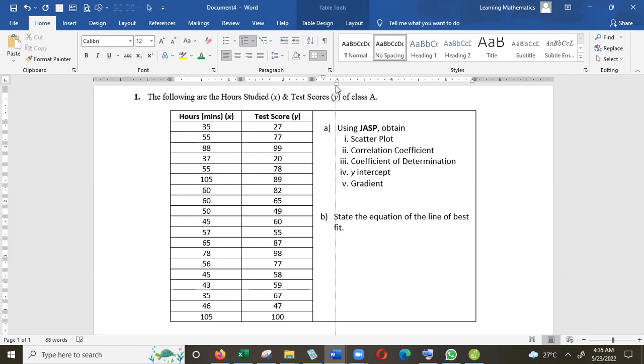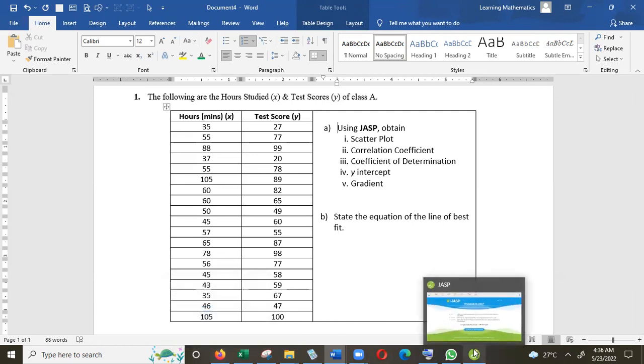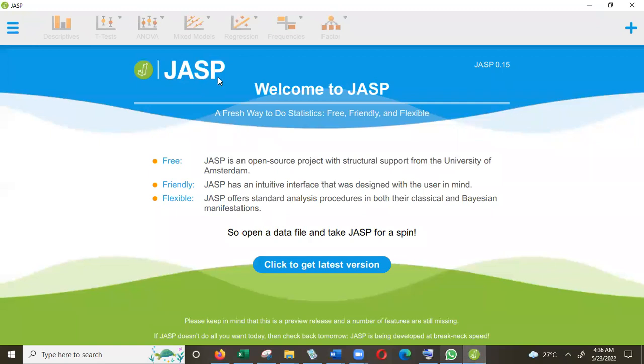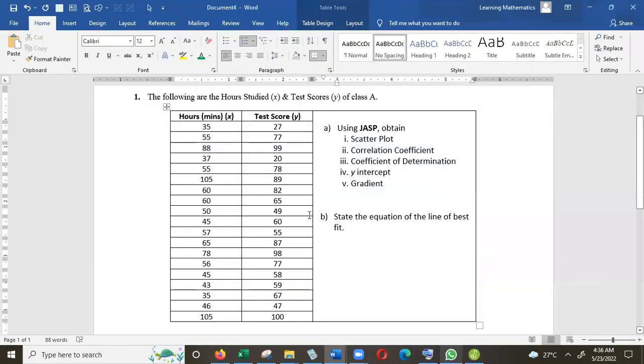So you need to download JASP on your device. Here I have JASP installed. It is actually free, so you can download JASP. I have JASP 0.15. So this can be easily downloaded from the internet. Now, to use JASP, we must